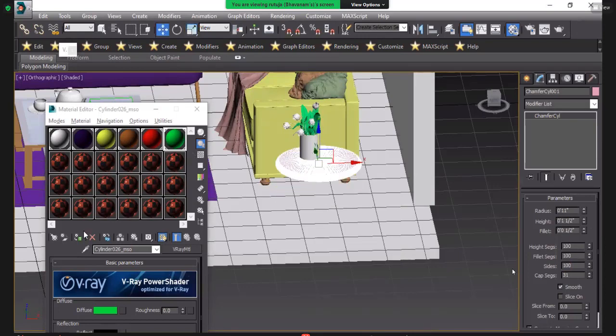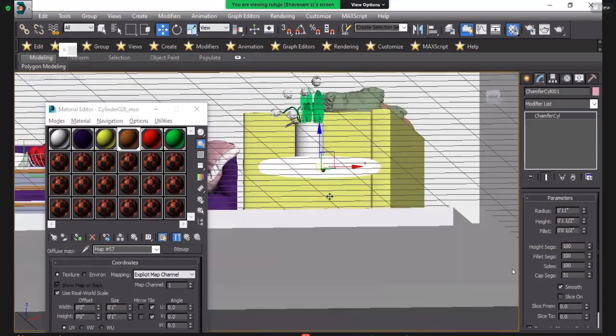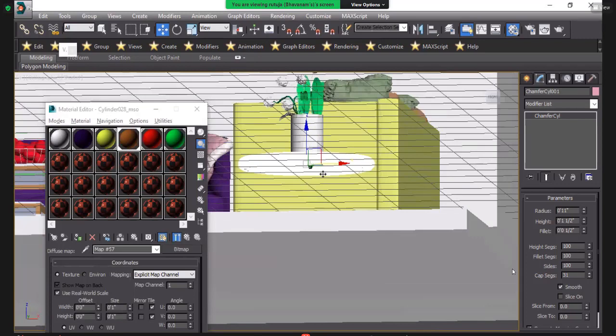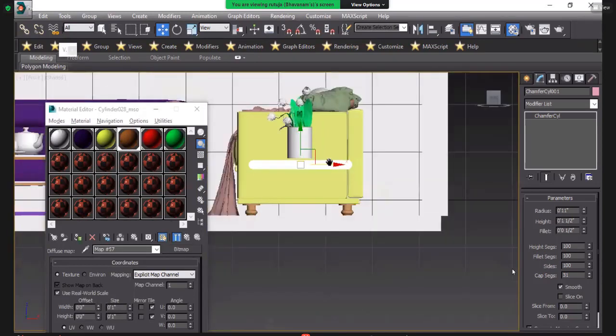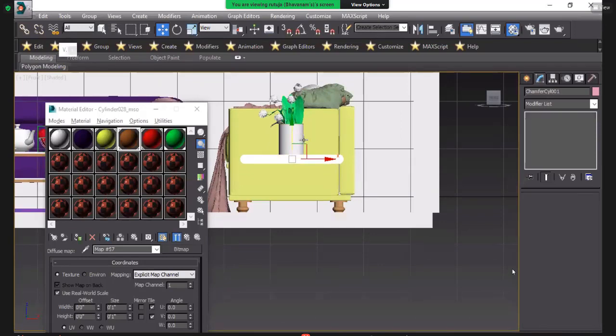So I will apply one texture here and place it. Front, Z. I will place it here.